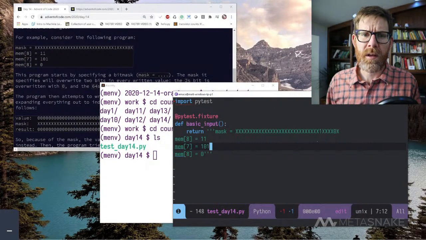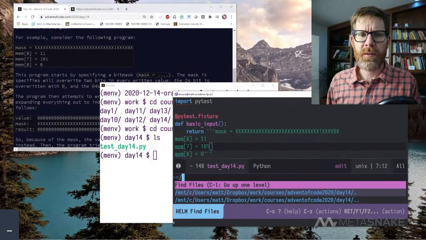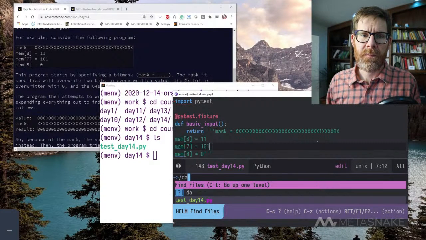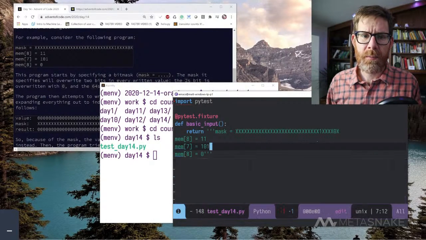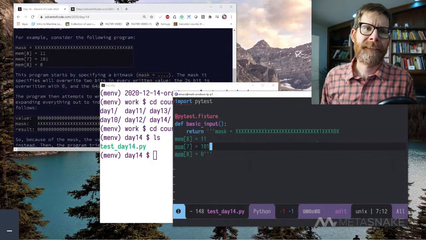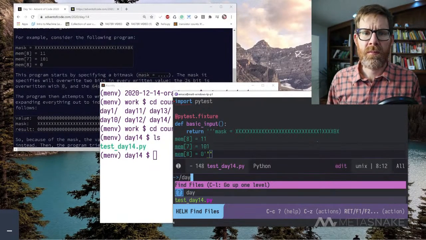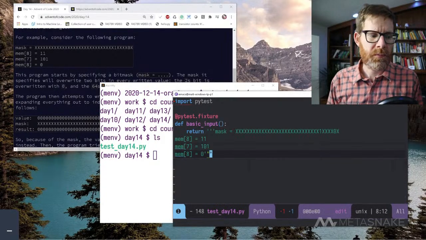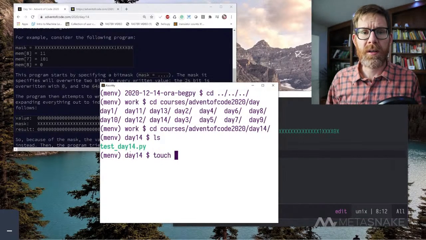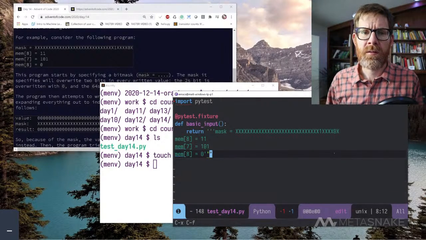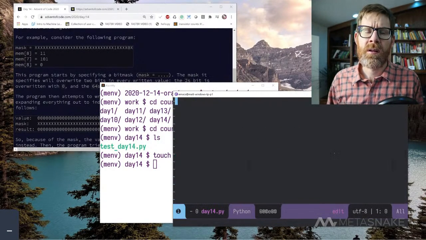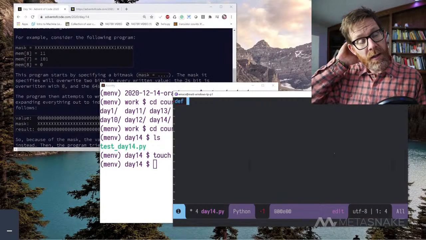And okay, so let's write some code to parse this. I'm going to call this day14.py. And Emacs is having issues with that, so I'm going to touch it here, day14.py. Okay, and I'm